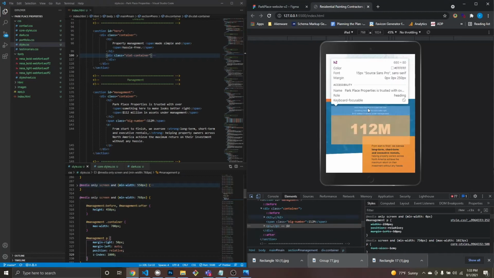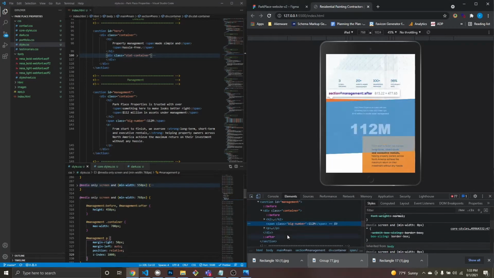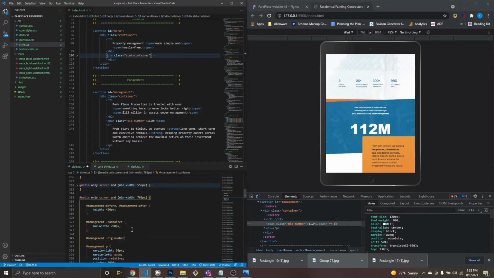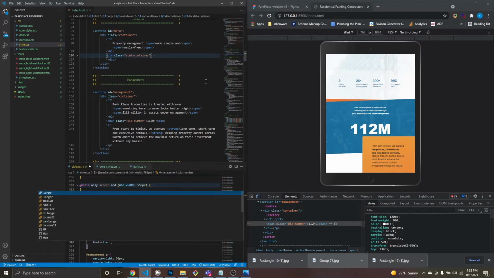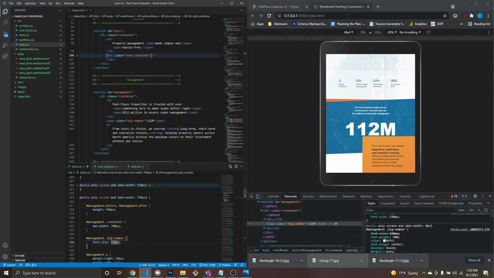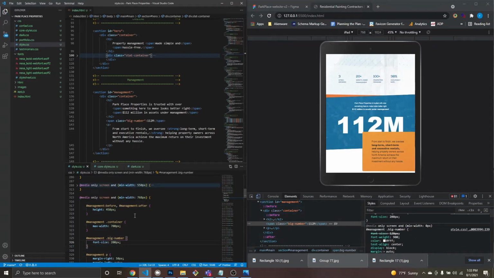Okay. Let's take this. Let's take big number. It's going to be above P, and let's give it a huge font size of 150, 200, and